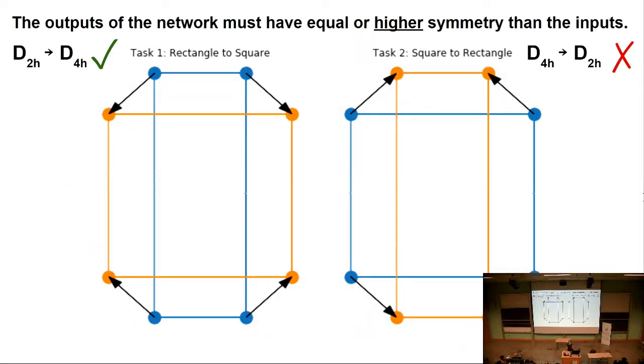I'm putting some numbers up here, which are just the point group symmetry. You can ignore those, unless you're comfortable with that. But basically, going from a rectangle to a square, we're going to higher symmetry. A square is a much higher symmetry object. But going from a square to a rectangle, you have to tell me a bit more about space. You have to break the symmetry of the square in order to determine which rectangle, because it could have been this rectangle or it could have been this rectangle.